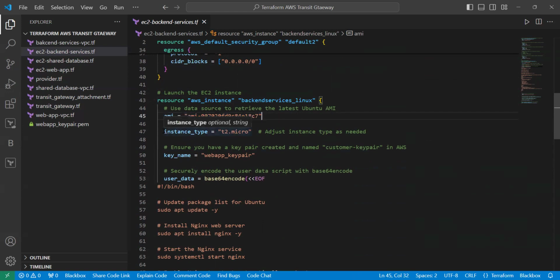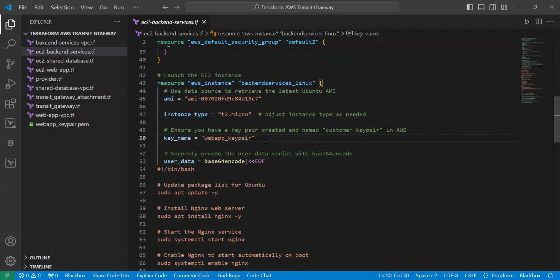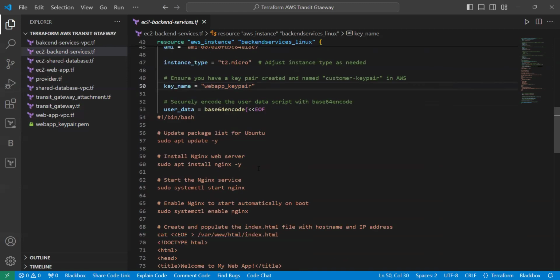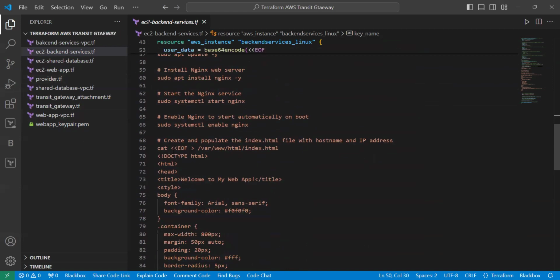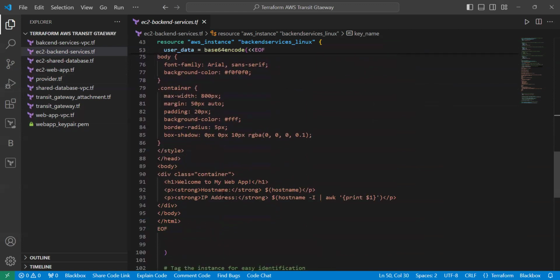Then the instance type t2.micro, which is available for free tier accounts. Then the key pair name: you can create a key pair, and you just need to mention your key pair name and have the key pair here. And I have simply used a script to install Nginx. With the help of this script, you don't need to connect to the instance and type your code. This will automatically install Nginx and display our default page with the host name and the IP address